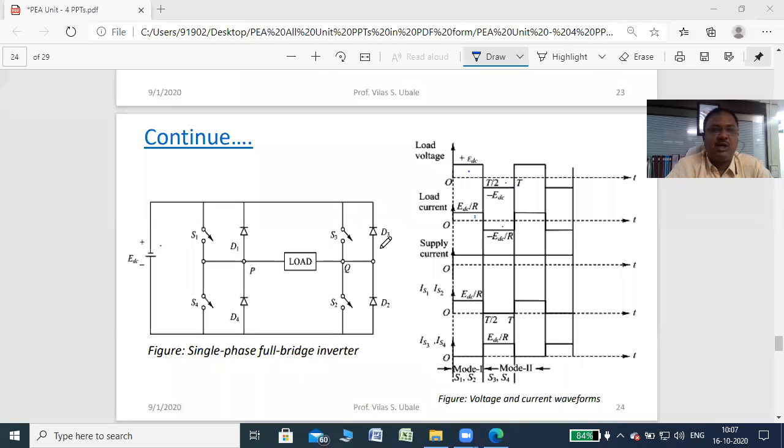So power BJTs are not used above 1 kVA, but you can use power MOSFET or IGBT for low power or medium power applications. So up to 1 kVA, you can use a power BJT, but for power MOSFET, IGBT or other power devices, you can use up to the